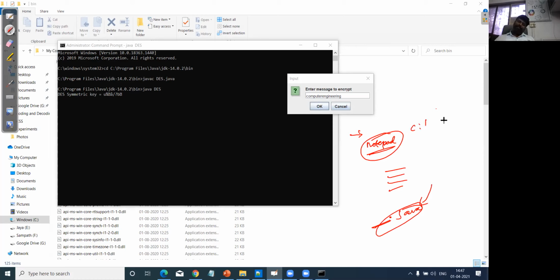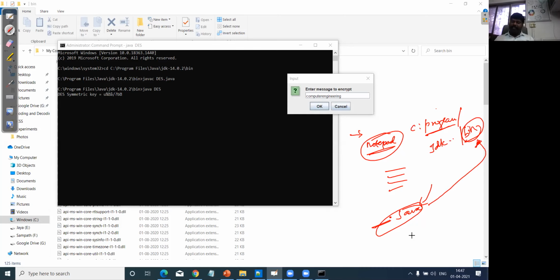See Program Files. This path may vary depending upon where you installed Java on your device. If you installed it in the C drive, we can check the path, and if you installed it in some other drive, that path has to be added here. And with any JDK version, inside the bin folder, I can save this file.